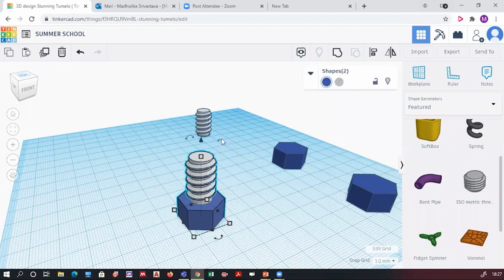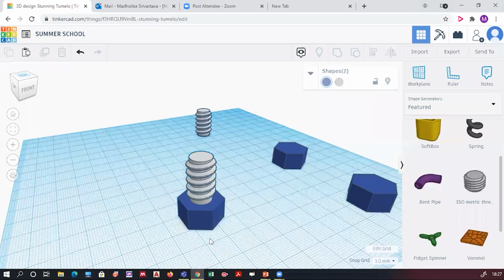Okay. I have to align these objects. I will go here on the right side of the panel and click on this align option. When I click on this align option, I will get multiple dots over here. And with respect to the center of both the sides, I will align it. I'll not go with the vertical alignment. I will go with this horizontal alignment.